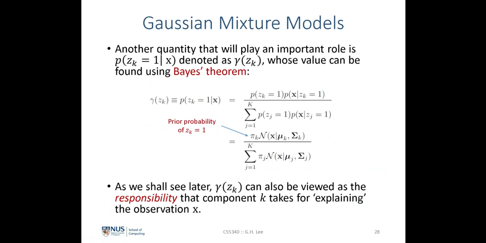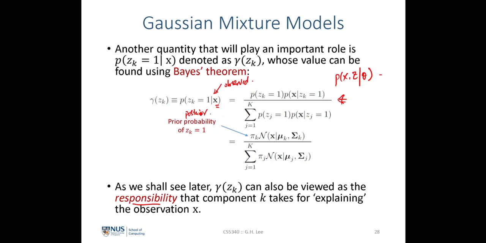Now, there is another quality of the Gaussian mixture model that we have to define now, and we will see that it plays an important role when we solve for the joint probability distribution of x, z conditional upon theta using the EM algorithm. It is what we call the responsibility function, where we define it to be gamma of zk, and this is simply the conditional probability of zk equals to 1. This means that I'm assigning x to the kth class, conditioned upon the fact that we have observed this, our observed random variable. Applying Bayes' theorem to this conditional probability, this is the result that we will get. So this is our posterior